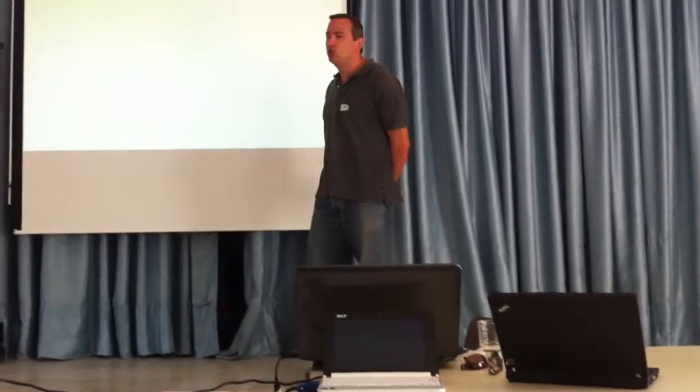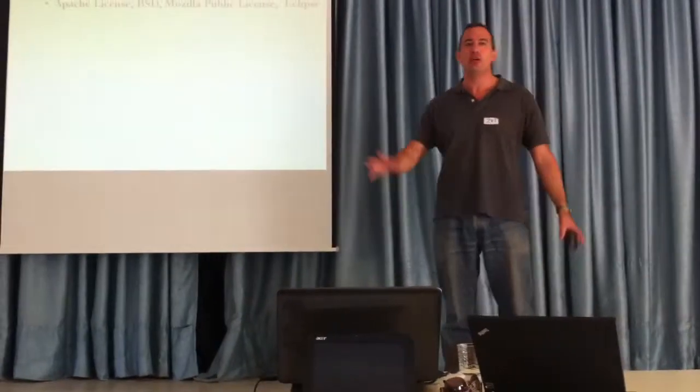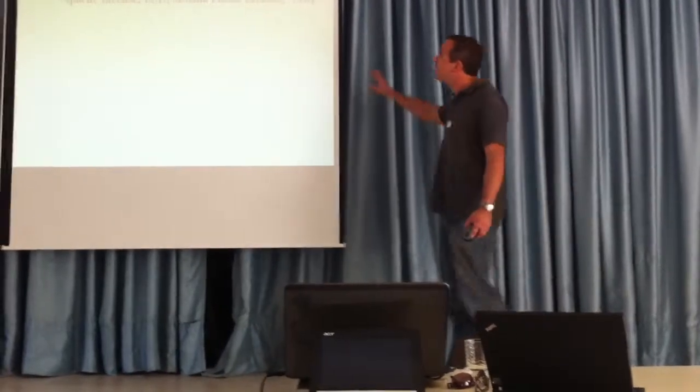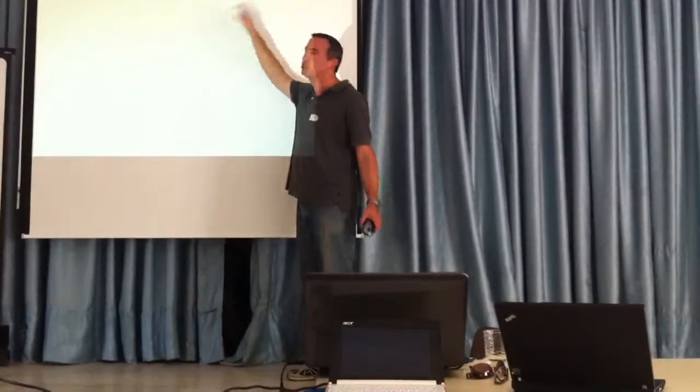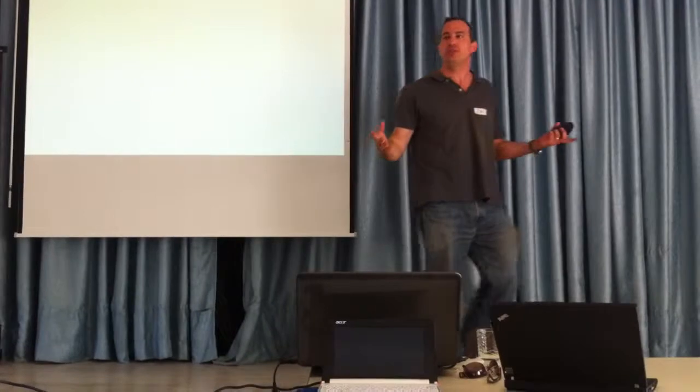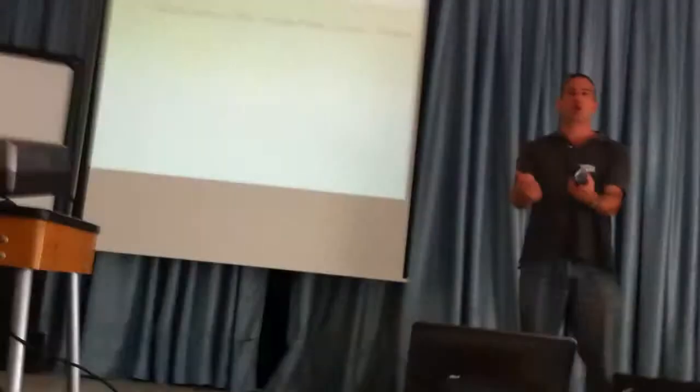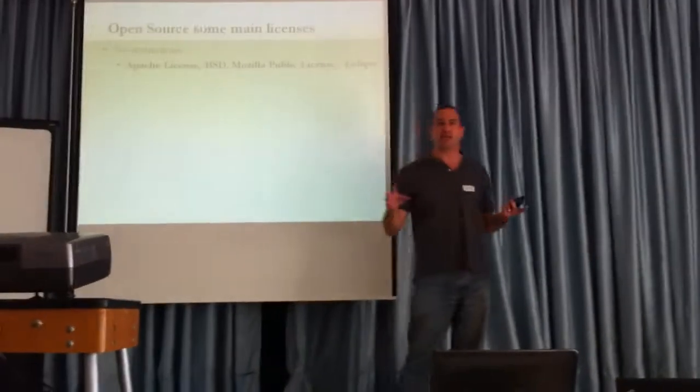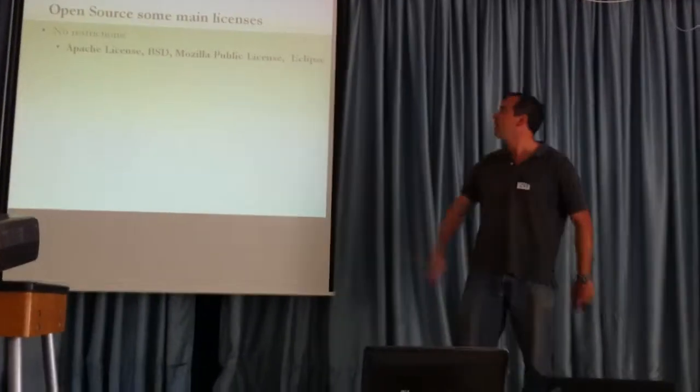Let me say just two words about the two major categories of licenses. There are many open source licenses. These are perhaps the most famous four, which have no restrictions. You're licensing the source code and people can do what they like with the source code, including turning it into a commercial product. So they can modify the software and turn it into a commercial product which is then for pay.